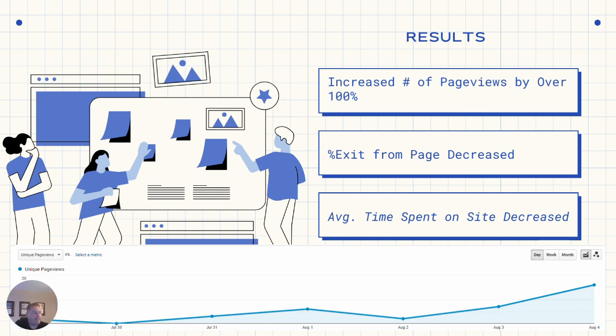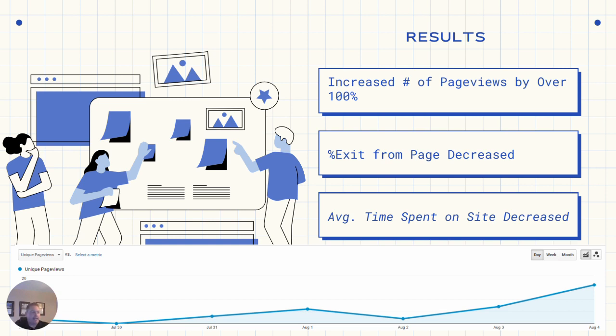But most interestingly, the average time spent on the site decreased. Now, this could be looked at as a bad thing. It could be looked at as these users are coming on the site, they're not enjoying it, they're not getting what they need, so they're leaving. That, of course, is one possibility. Or it could be because of our enhancements to our page, we really streamlined the information that people are looking for. So people are able to come on, find the information they need, which is those different golf courses, with summarized information about things like length of the course and price, and then they're getting the information they need and leaving more quickly. So we're really streamlining that user experience, and maybe improving the overall experience of the user on the site.